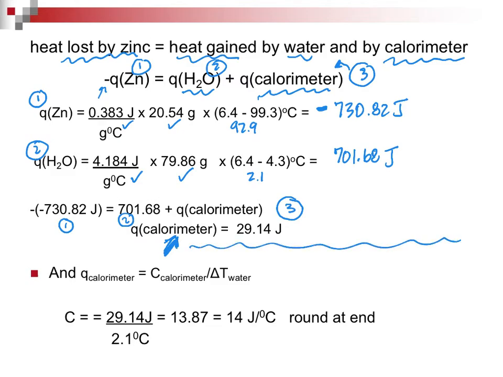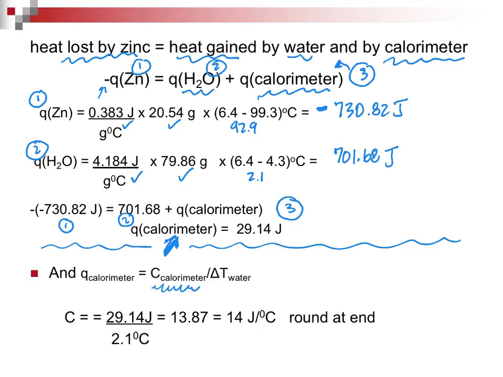So I'm kind of going to draw a line here because I've taught this a number of times, and just getting through this part requires quite a bit of thought if you've never done it before. So to recap, the heat that is lost by the zinc is equal to the heat gained by the water and the calorimeter. But we're really looking for the heat capacity. We are looking for the C.